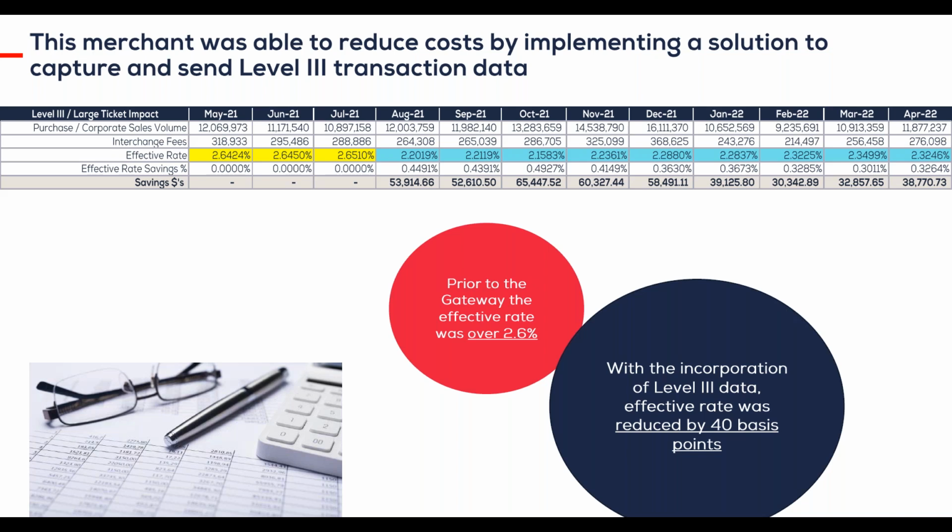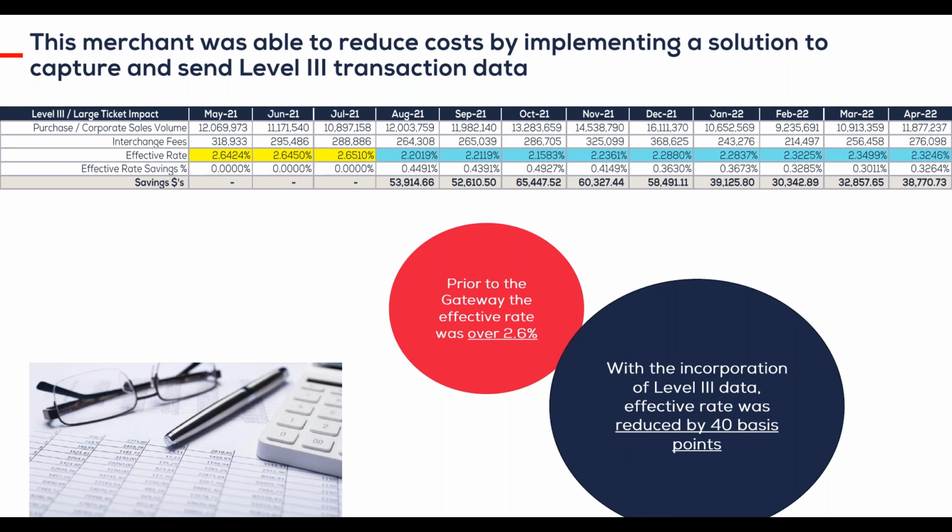I think we have an example here where you can see just how significant these changes can be. This example specifically is related to adding level 3 data, so this would be for corporate and commercial card transactions. But for an organization that's processing a fair amount of volume, it translates to roughly a 40 basis point differential, which is significant and adds up. And we've seen organizations that see 3 to 5 basis point fluctuations that can very quickly turn into